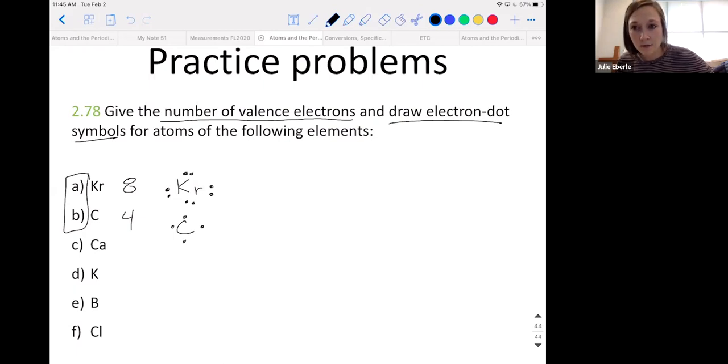This is a big deal. If you are confused on valence electrons, please reach out to me before Thursday. Honestly, reach out to me today or tomorrow so we can straighten that out, because Thursday we're going to hit the ground running with how we trade electrons and what that forms and charges on atoms, and it's a bunch. So please do not let this float, or just please address it if you're confused on any of this.